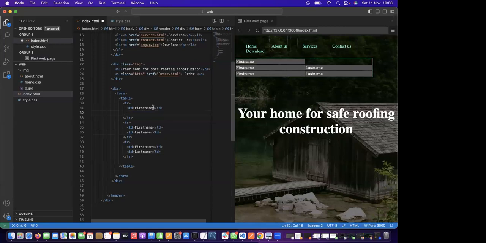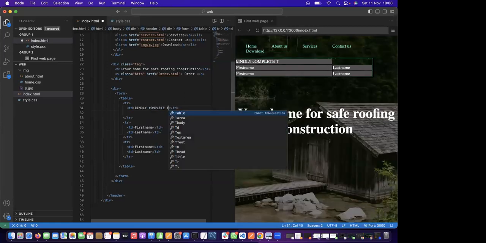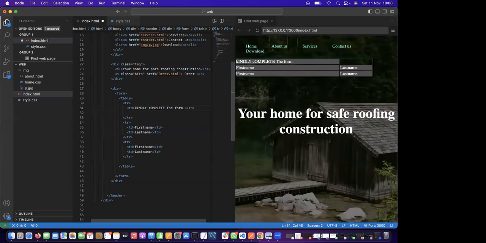What I intend doing here is to say, maybe, kindly complete the form below. All right. Don't mind me. All right. But in the real sense,